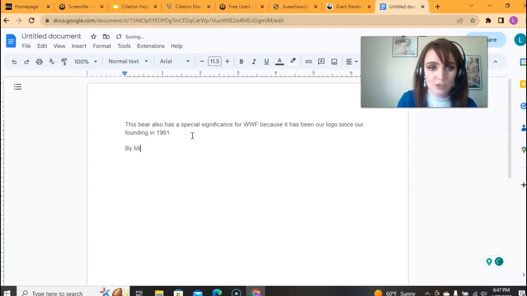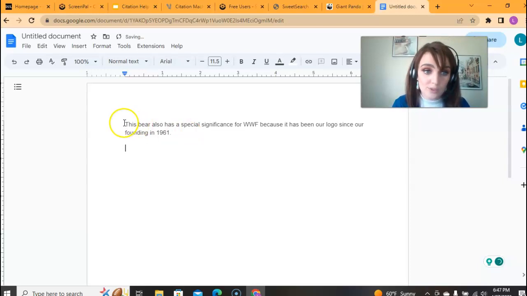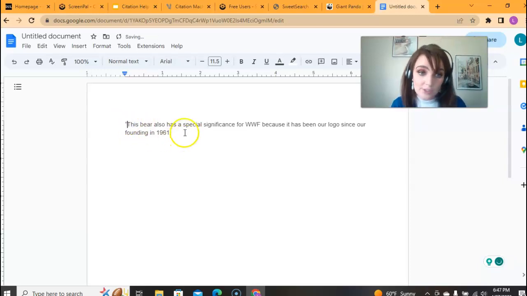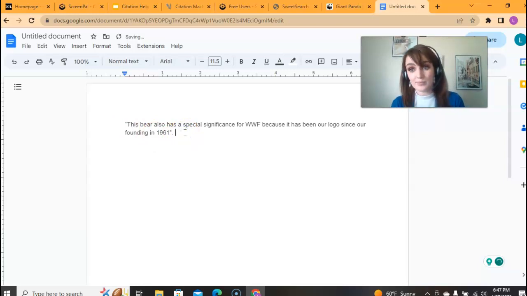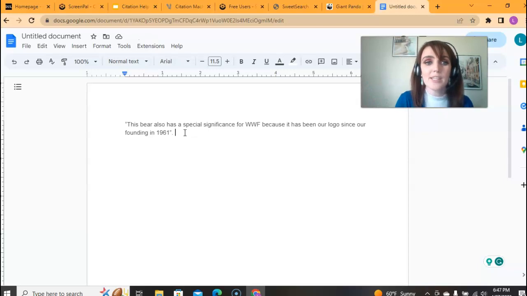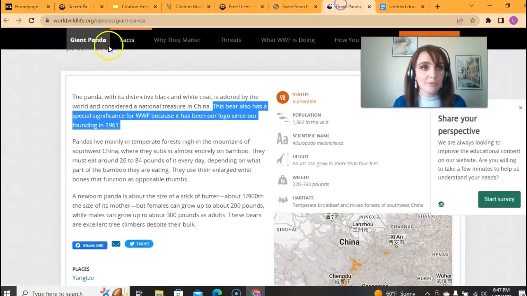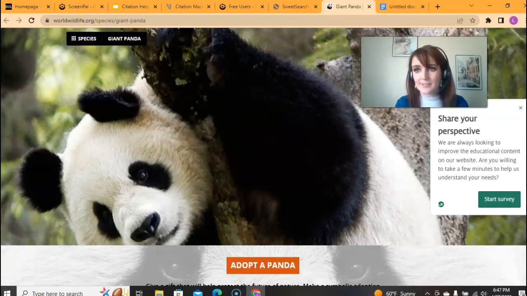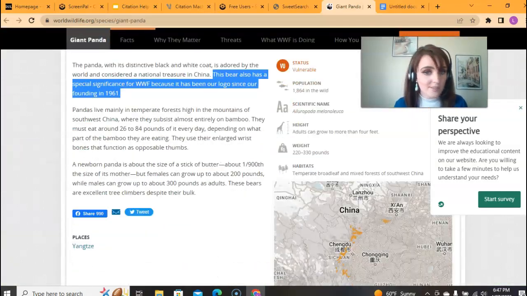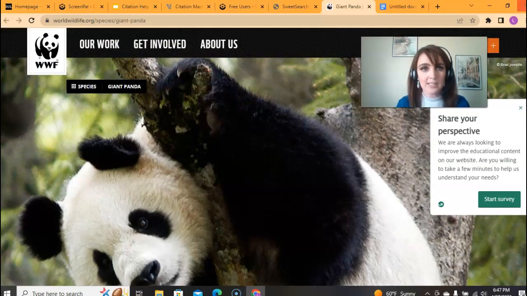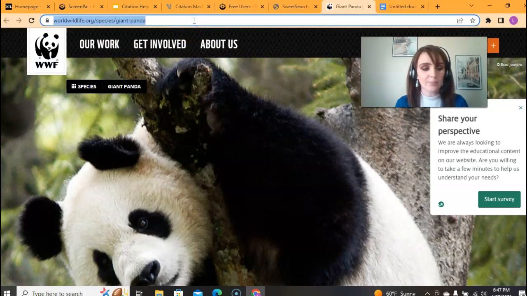I need to put quotes around it. Now we have learned in school that quotes is when someone is talking. So someone was talking in the article and we need to put quotes around it because this is actually from worldwildlife.org. So let's get back on topic here. This is very easy. Once you figure out where, so this is the resource I want to use, okay? I'm going to copy